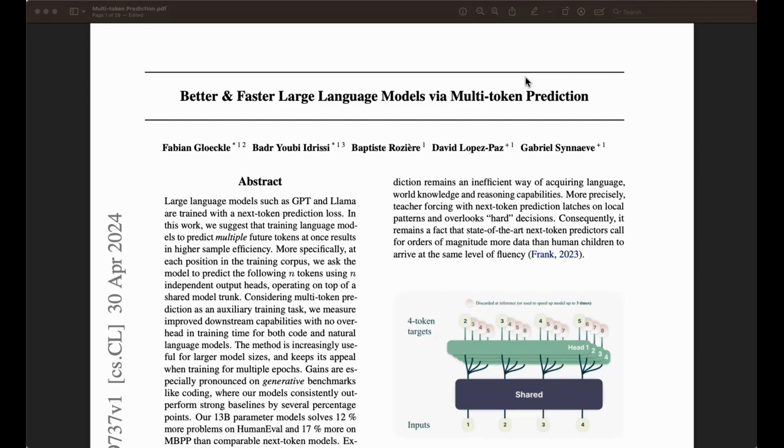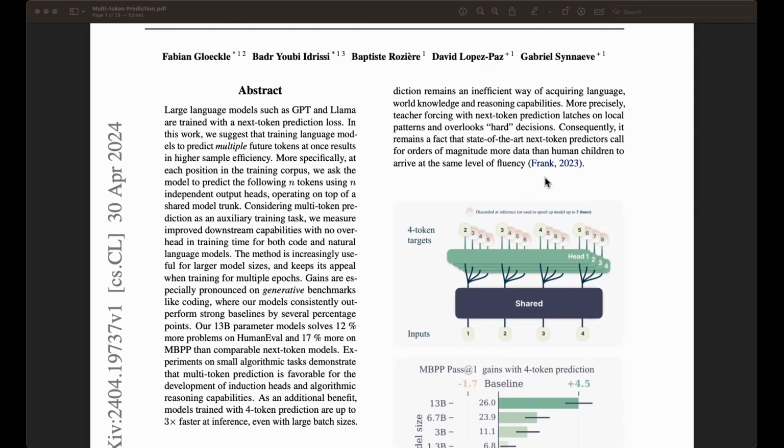Hi, everyone. Today, I'm going to be summarizing, or give you my takeaways and my thoughts on this new and exciting paper from Gloeckle et al. And they are proposing this multi-token prediction as a way to train more sample efficient large language models. And we will touch on that and what that means. And there are a ton of interesting results. We will cover some of the more interesting ones and what this could potentially mean for the future of LLMs,